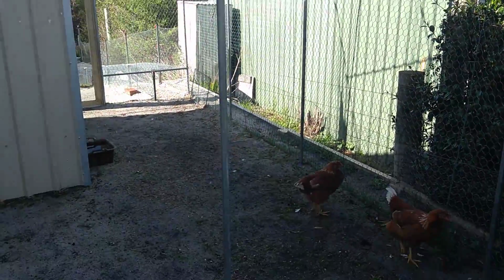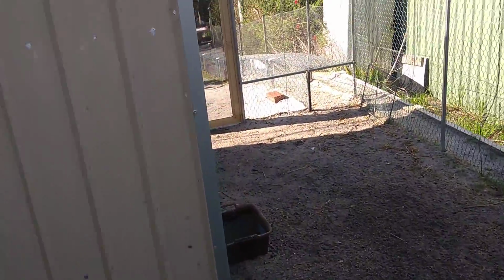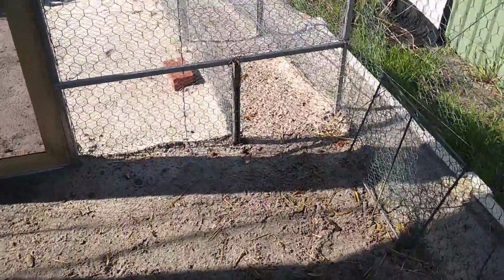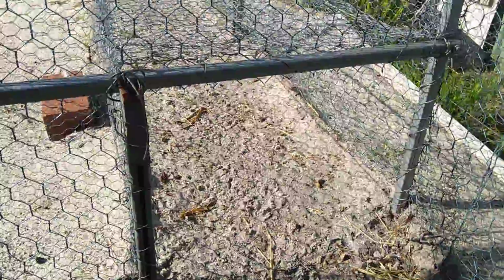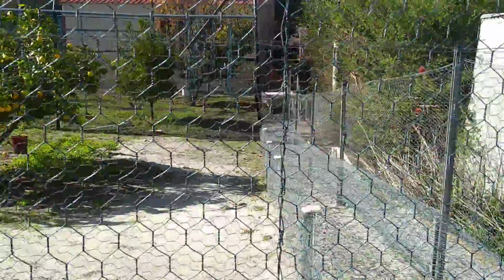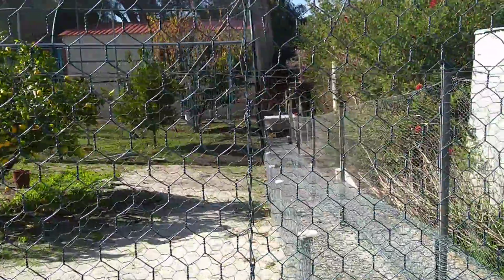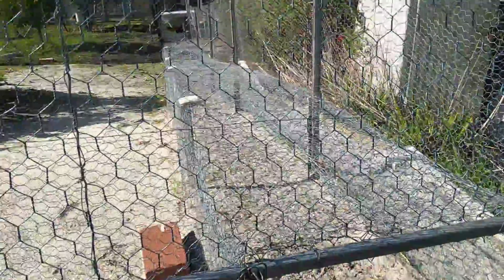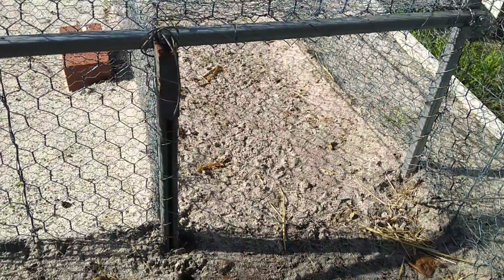So let's now go over here and leave these silly little birds behind us. What we have here, it may be a little difficult to see, is an opening to a race. The race goes down to my netted orchard, which typically is full of weeds, and I want the chooks to get in there and scratch the weeds out and eat the weeds out. But this little door here